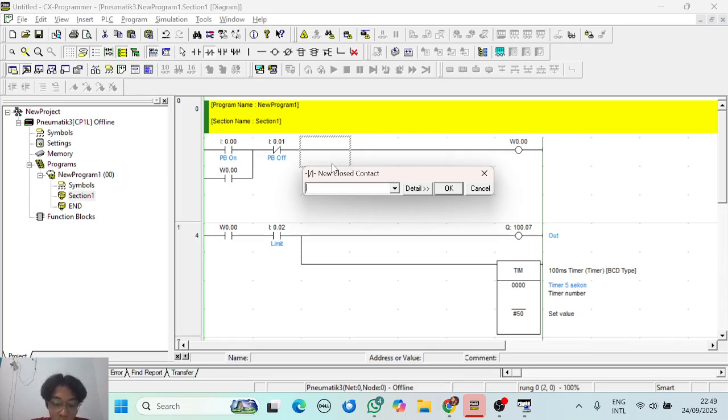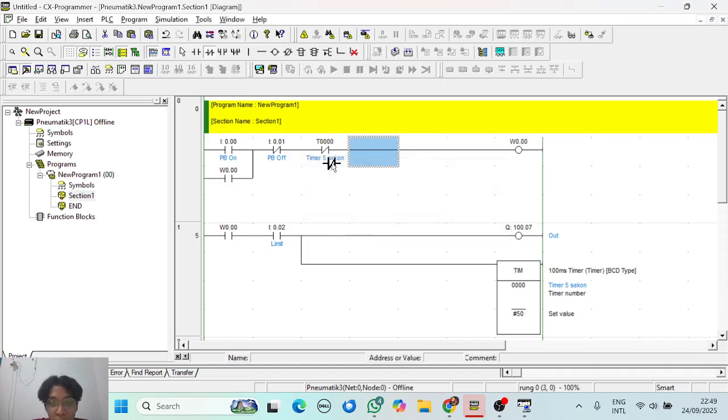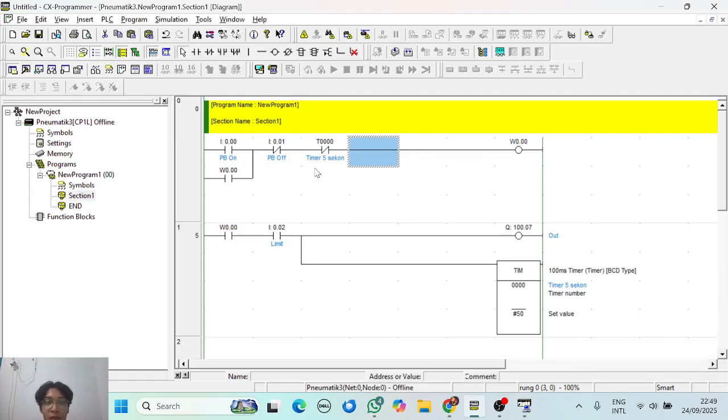Okay, we can name this, give a comment: timer 5 second. Nice. The system should have finished because before, the timer 5 second used the wrong contact.